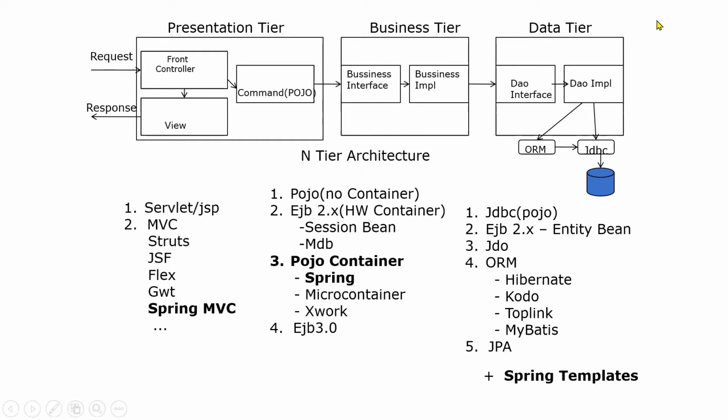So Spring provides templates for JDBC. We have a JDBC template. If it is Hibernate, there is a Hibernate template, and a JPA template. The advantage of the template is, instead of us managing the connection, suppose in the case of JDBC, we create a data source, get a connection, prepare a statement, execute the statement, close the connection, and put the entire code into a try-catch block, right? We do exception handling. But when it comes to Spring, the advantage is Spring provides a JDBC template. We can just use the JDBC template and execute some SQL query, right?